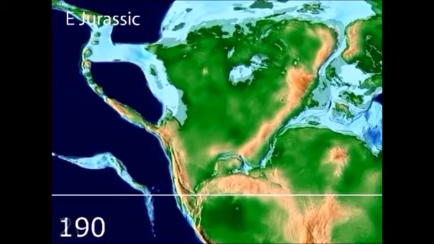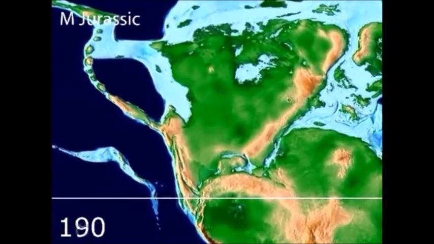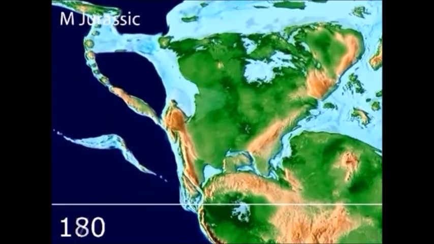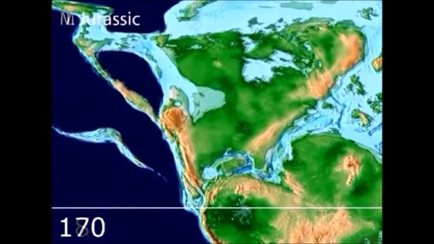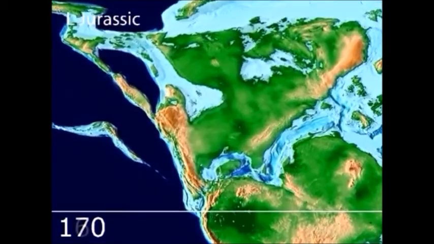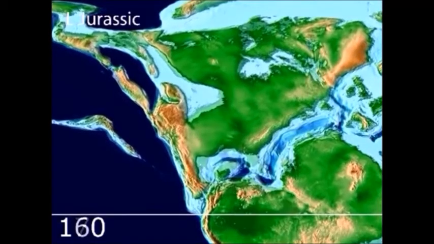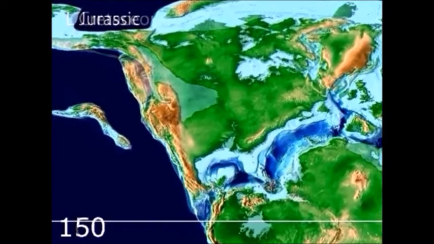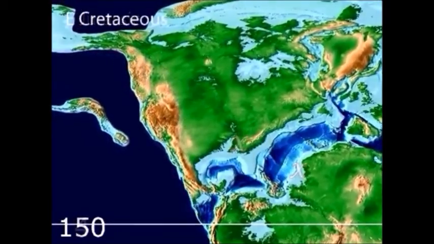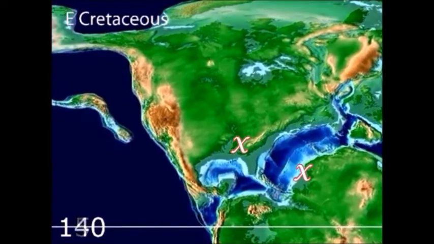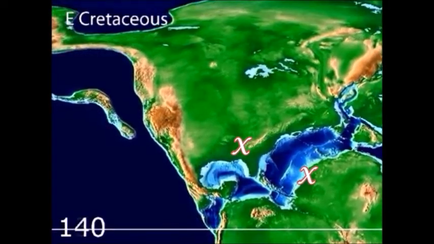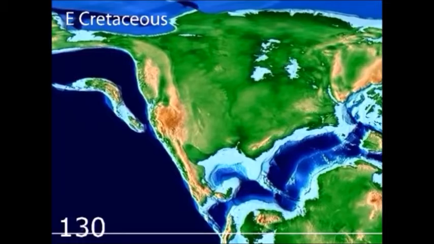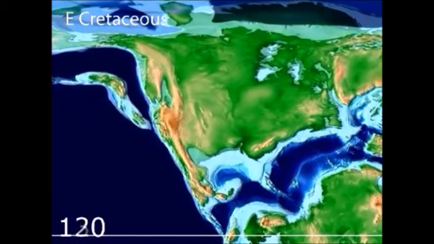In my search, I found a few of the components that are missing from our image of the historical past. Time, travel, distance, and rate of motion, which are important factors to consider. North America started its journey 200 million years ago, and has traveled an estimated distance of 11,619 kilometers, or 7,219.8 miles. That measurement is based on the distance between the present-day southern Florida coastline and the West African coastline of Mauritania. The average rate South America and Africa have put between themselves is about 1 inch per year.